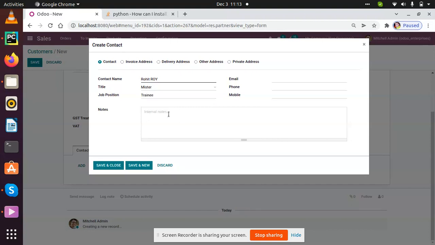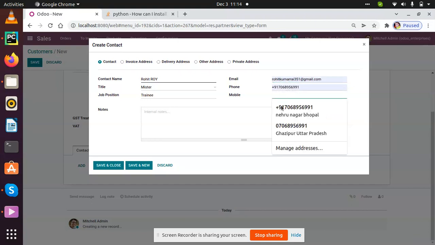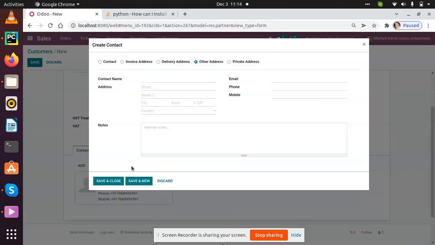Now this is the internal notes. If you want to have any notes, then it will be whatever you put here. But I will move on to the emails field. So I will select the emails. Now that will be the mobile number, and I also have the mobile number because I don't have a phone number, so only mobile number. Now save and click New.